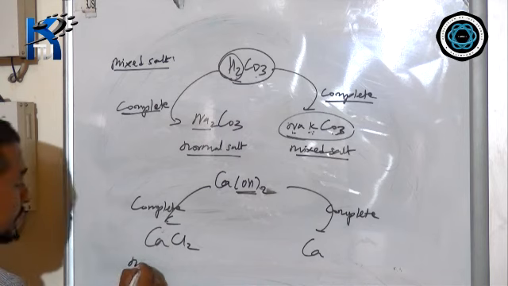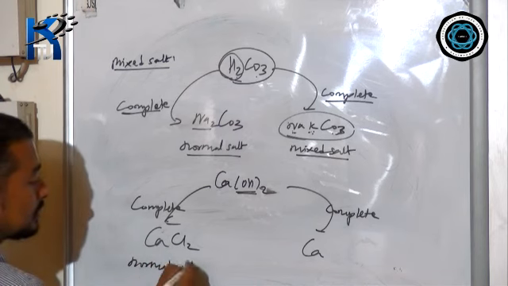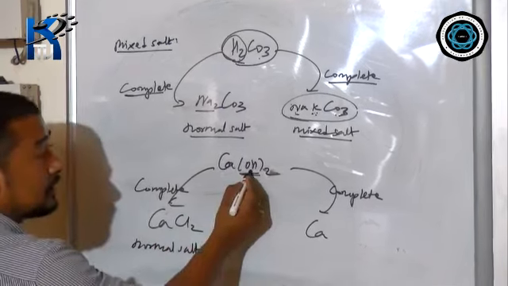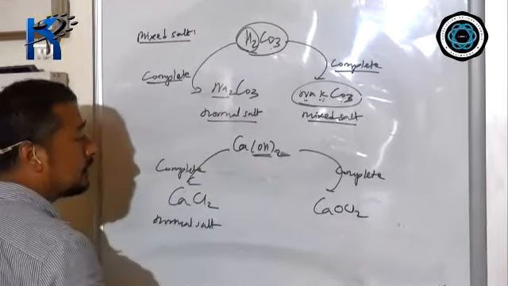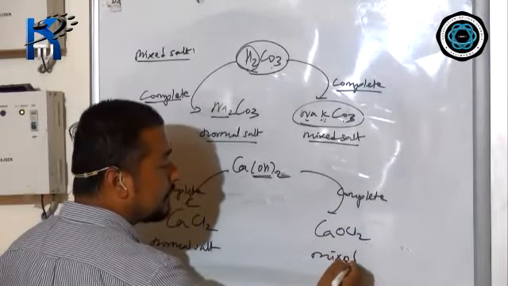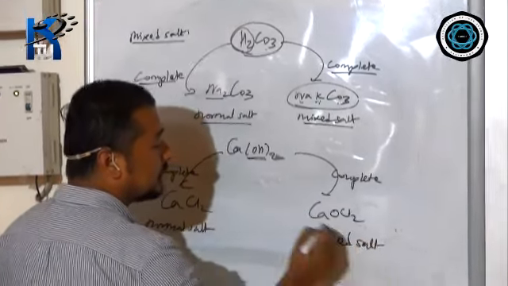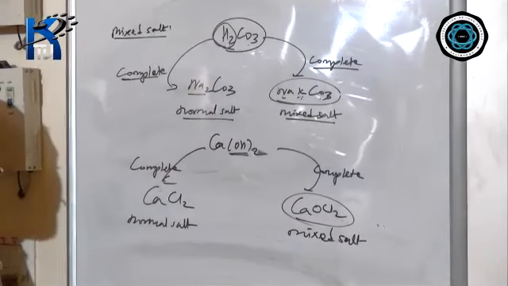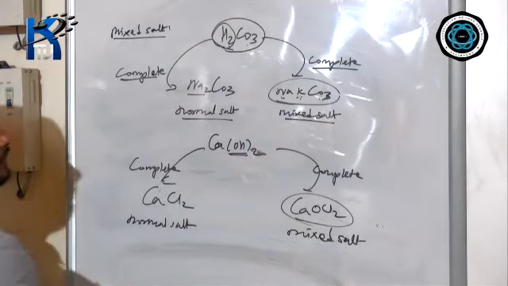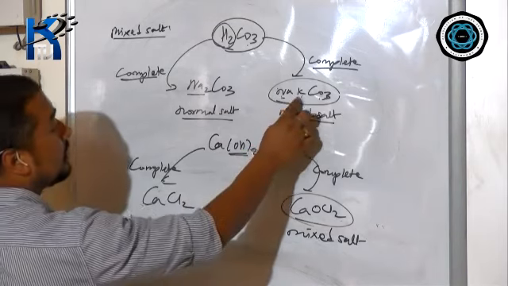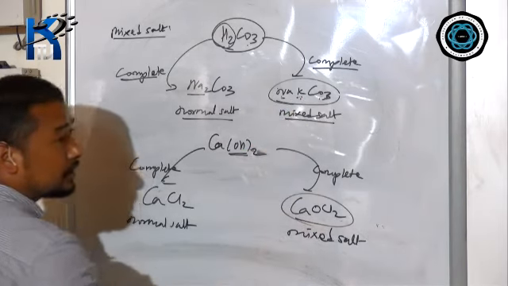And that will give rise to again which salt? Normal salt. But if I replace one OH with oxygen, the other OH with chlorine, that will give you mixed salt, and the name of this mixed salt is bleaching powder. The name of this mixed salt is what? Bleaching powder. So now let us see what is the definition of mixed salt. Examples of mixed salt are sodium potassium carbonate and bleaching powder.